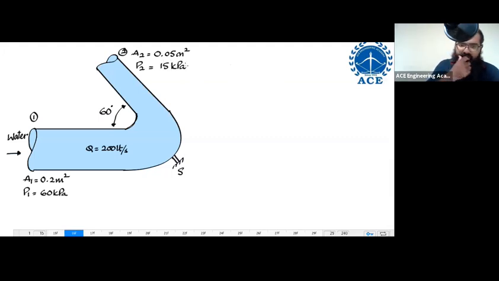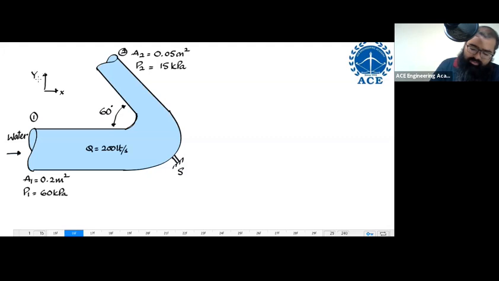Okay, 15 kilopascal. Don't apply the Bernoulli equation, probably you'd get a different value of pressure. So as to create a question, I'm just taking some random values. All this is mentioned. Okay, the question asked over here is, if this is my x-axis and this is my